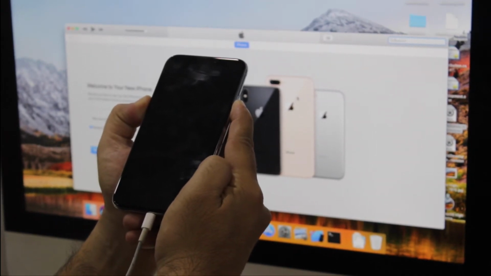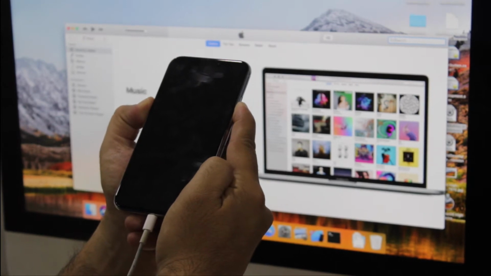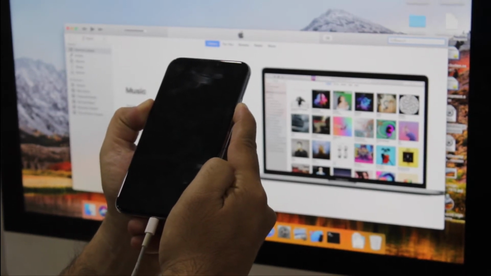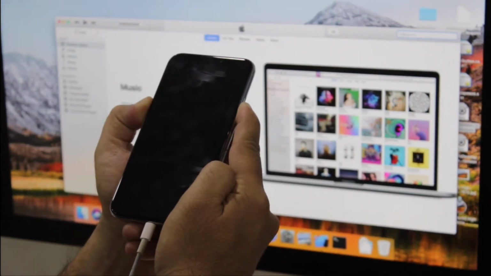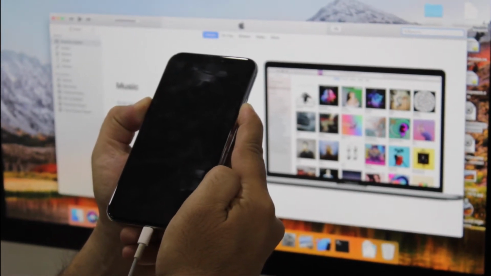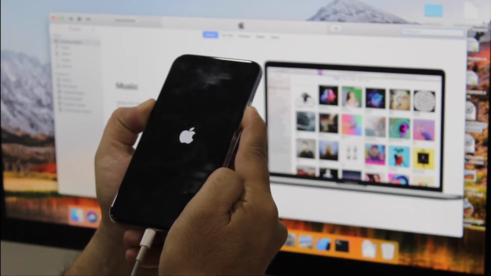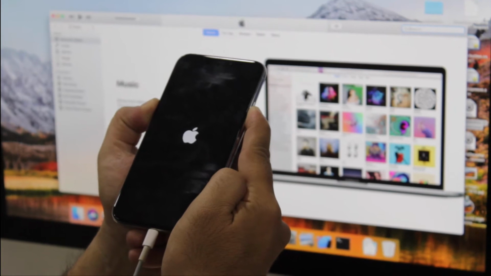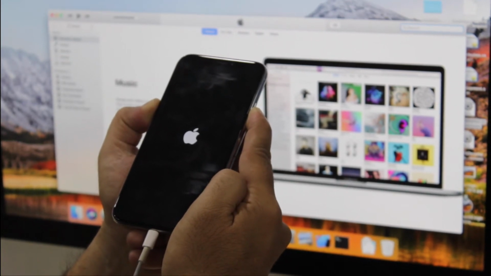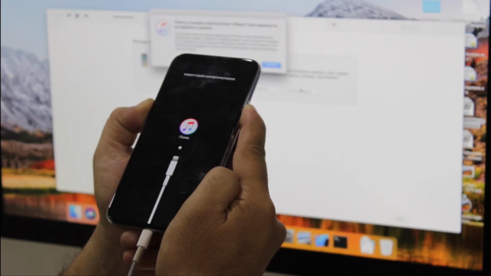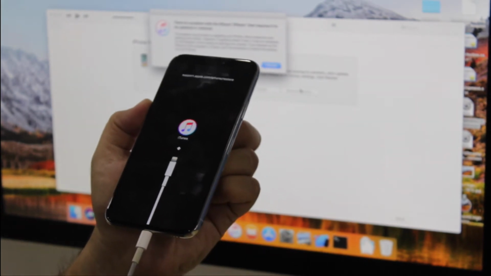The first time you might not get it. This will take a few seconds, so please be patient. You might not get it the first time, so you can try a second time.